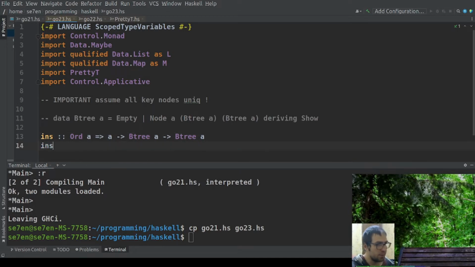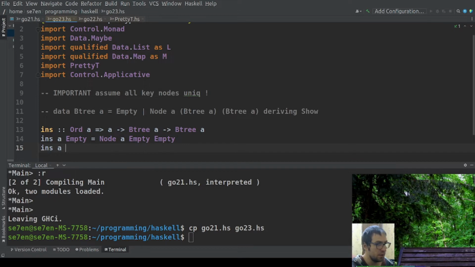Let's start from the simplest case, the insertion into the empty tree, constructed with this constructor, as we can see. In this case, this means that we're creating a node of type A and two empty left and right subtrees. Otherwise, if the insertion is into some tree constructed by this constructor with node A and left and right subtrees,